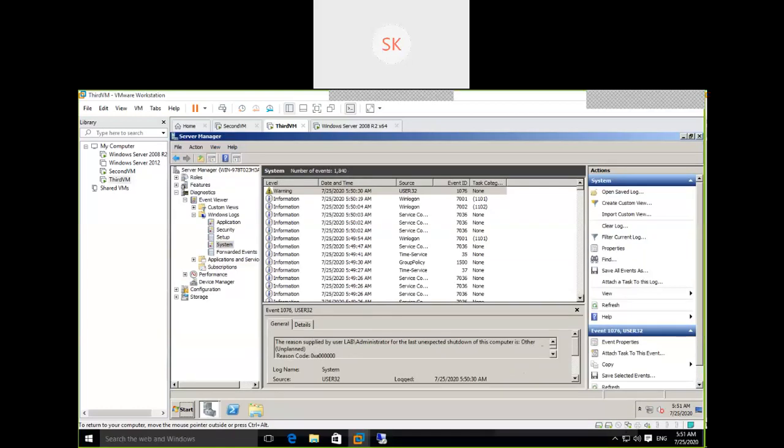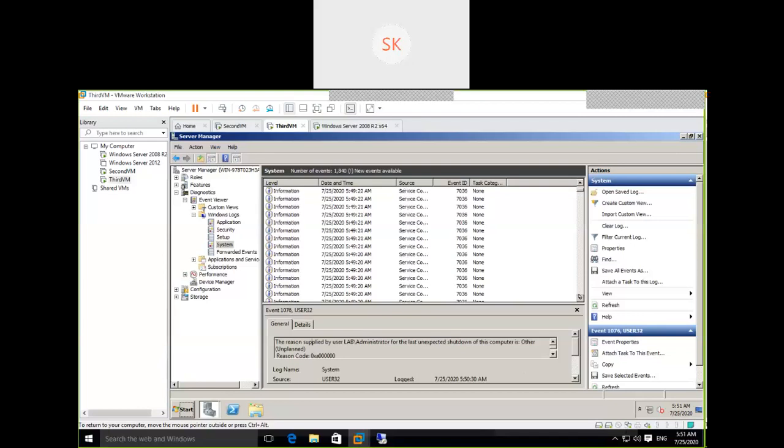See the reason supplied for this unexpected shutdown of the computer. That event ID is different. If you come down a little bit, there is an event ID for unexpected shutdown. 7036 below, come down. Time is not there. You can Google it and understand what the event ID is. It is very important in interview questions.